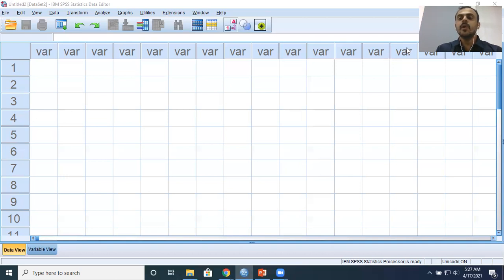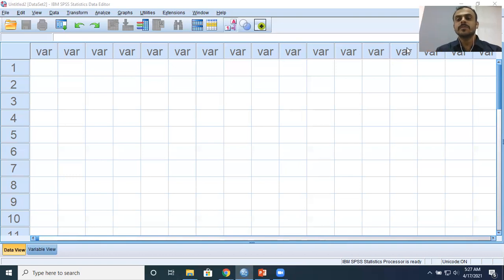And in the presence of outliers, your Pearson's correlation coefficient cannot be relied upon. So Pearson's correlation coefficient works best when outliers are absent. I repeat, it works best when the outliers are absent. So in case you see any outliers, please make sure that you get rid of these outliers and then rerun the analysis. You'll be shocked to see that the output conveys a totally different message. So this is the third important assumption that we need to take care of.